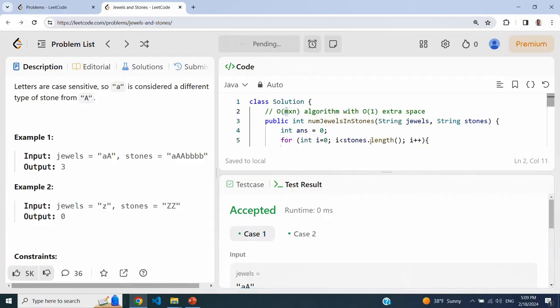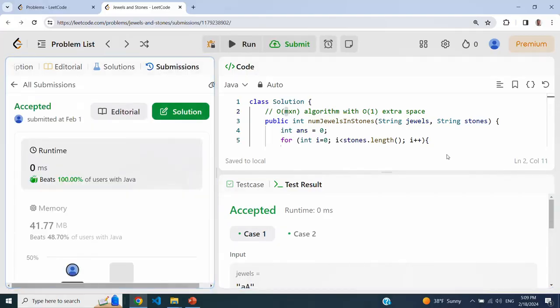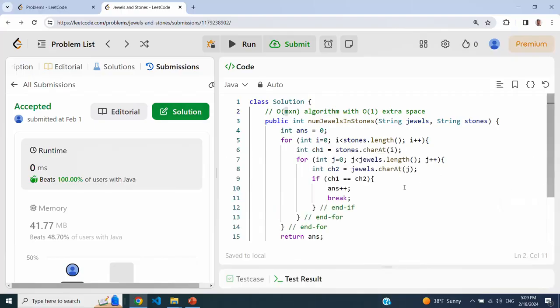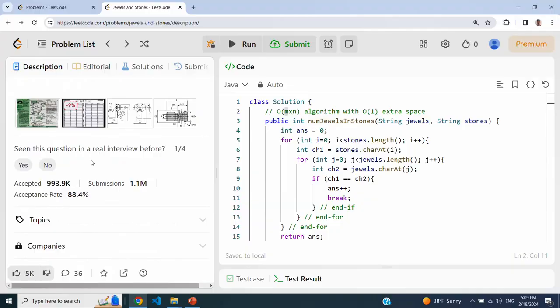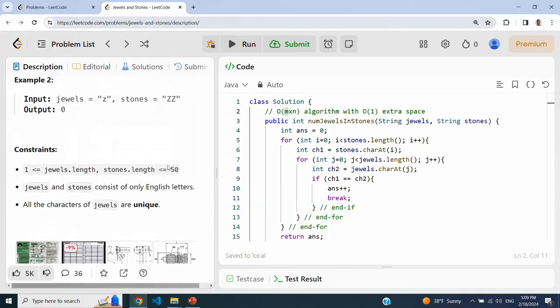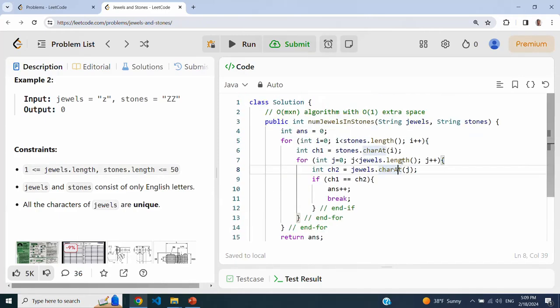And let's submit. All right, so as you can see, it is quite simple. The reason it's running very fast is because the size of the data, if you look at it, is very small. All of them have at most 50 characters. That's why it doesn't matter whether you have a brute force solution or an efficient solution.